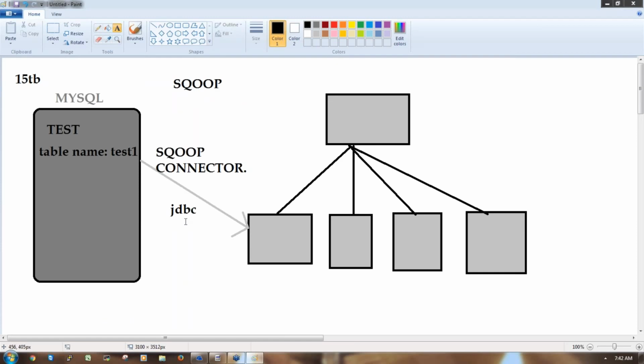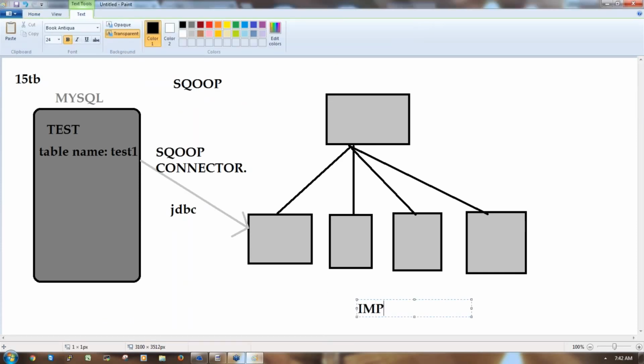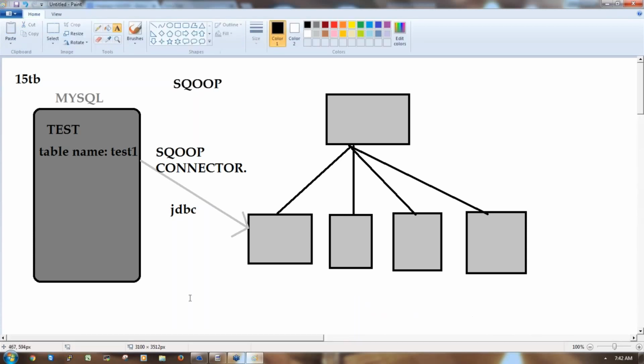Now what I want to do here is import the data. From where? From MySQL. So we have to establish a connection string. The connection is established with the keyword connect, right?